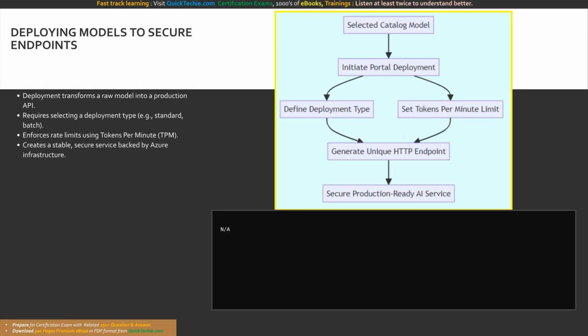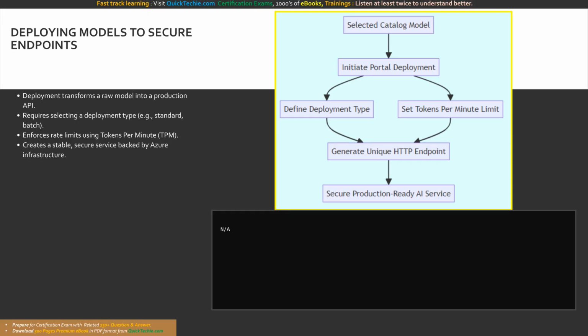After identifying the perfect foundation model within the catalog, you must formally deploy it into your project workspace. It is critical to understand that a model residing in the catalog is merely raw computational potential. Deploying a model in Microsoft Foundry takes that raw AI model and actively makes it available for use in production through a highly stable, scalable, and secure application programming interface endpoint. This deployment process effectively turns the algorithmic model into a living service that your client applications can reliably call over